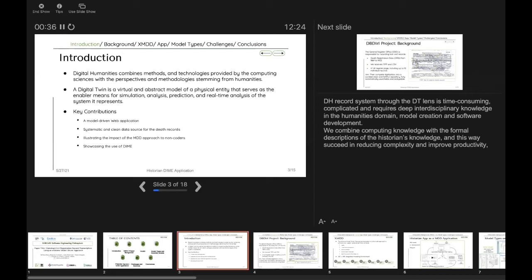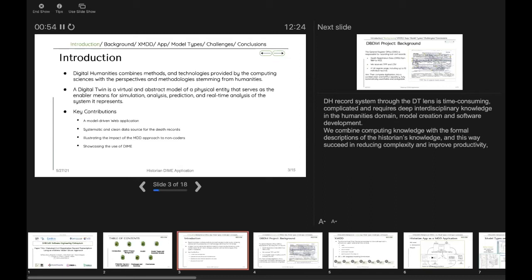To reduce the domain-specific knowledge gap between humanities and technology, our project DBD-IRL adopts a specific kind of model-driven design called XMDD, which combines historians' understanding of big data with complex computer scientist tools and methodologies.